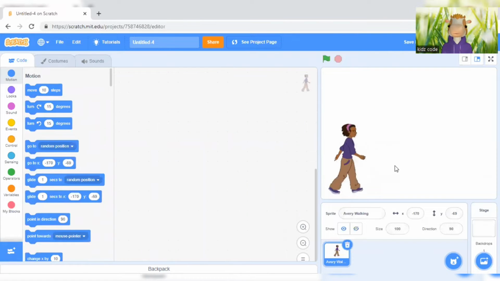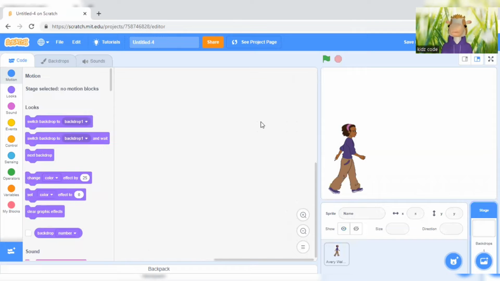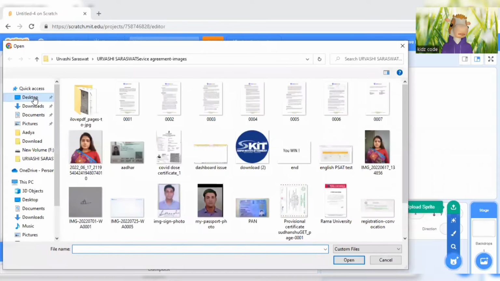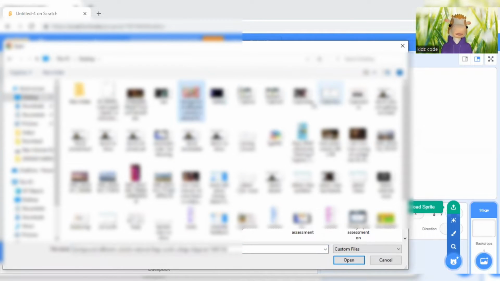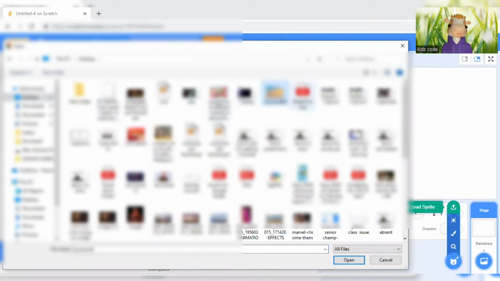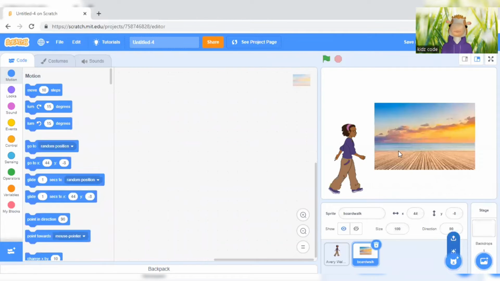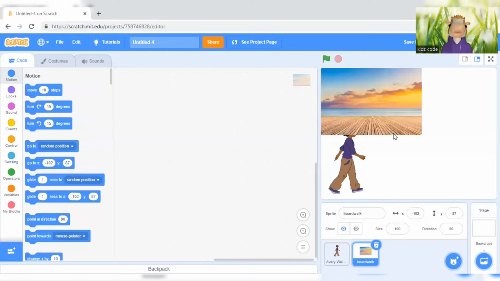And see, I put Avery over here. And now I'm gonna choose the backdrop here as a sprite. So what I did, I actually downloaded a backdrop from the internet. So I'm going to upload it as a sprite. It's on my desktop. I'm going to go to desktop and I'm going to select the boardwalk that I have. And let's see where I can get it. This. So this will be the backdrop that I'm going to use as a sprite,